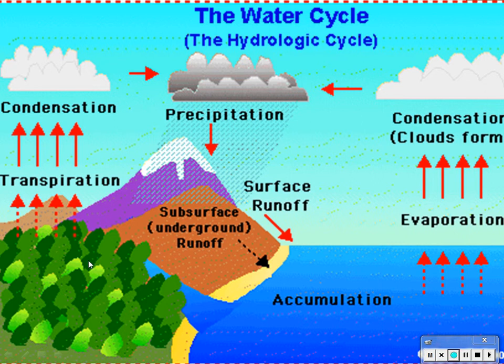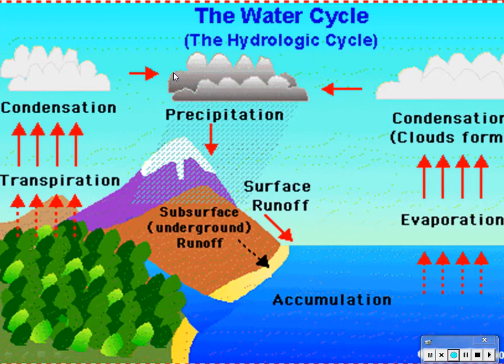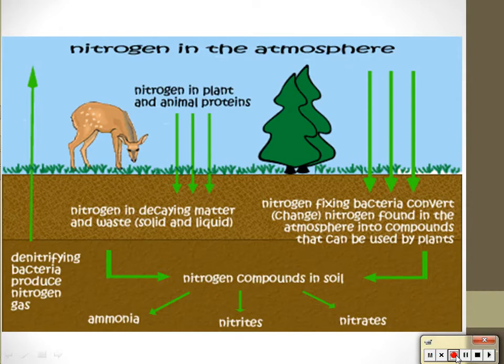If the water is leaving plants, we call that transpiration. It's the reason why rainforests have such a high humidity. All those plants are giving off water out of their stomata. Okay, so let's double check what we need to know about this water cycle. Nothing, it's just basic water cycle. Okie dokie. All right, now the nitrogen cycle is a little bit more difficult.